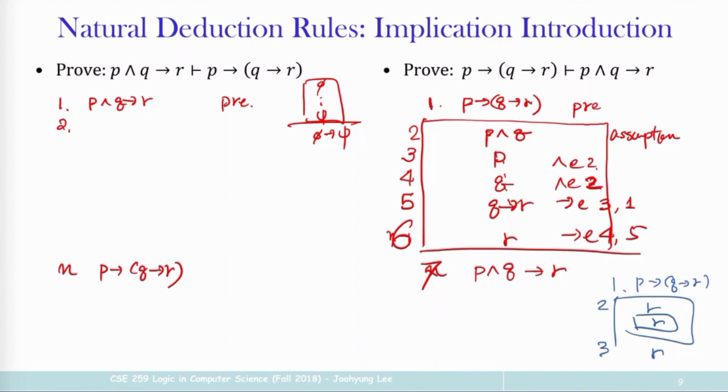So line 1 and n are fixed. Okay, so that's the best formulas to write. What can we do for this? To derive line n, what is the thing that we can do? Again, yeah, this is implication format, right? So the way